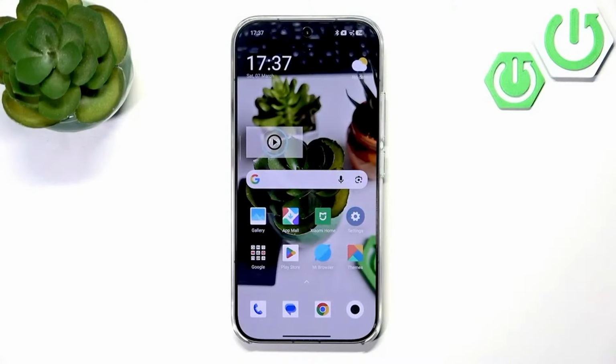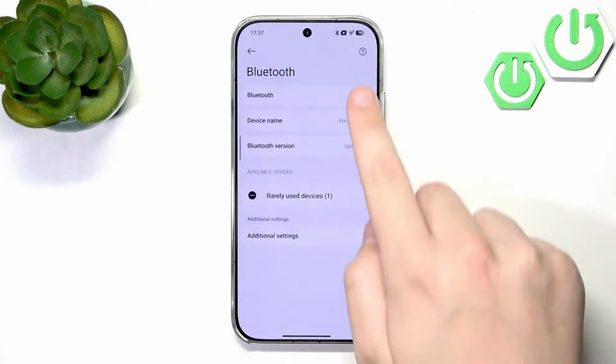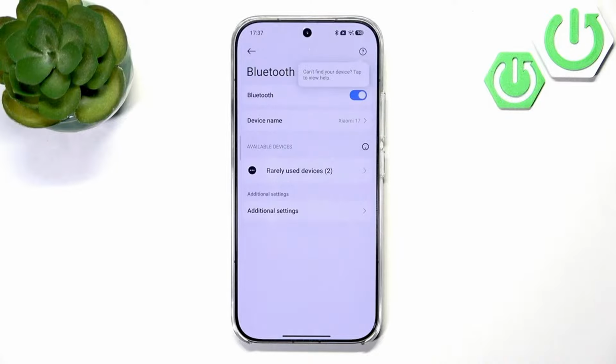So first, what you guys want to do is toggle Bluetooth off and on in these settings. So let's toggle this off and toggle this on. Now what you guys want to do here is go over and unpair and repair the same device in these settings. So if your headphones are paired, as you guys can see, I do not have any device paired